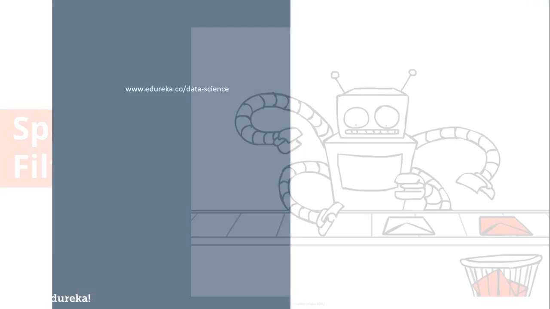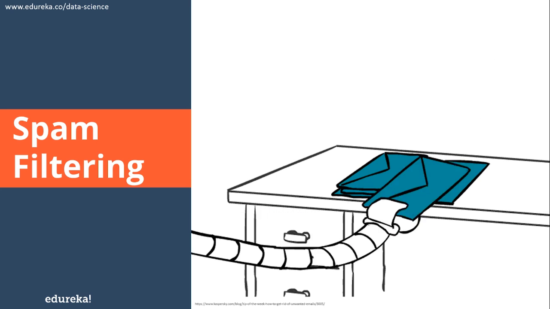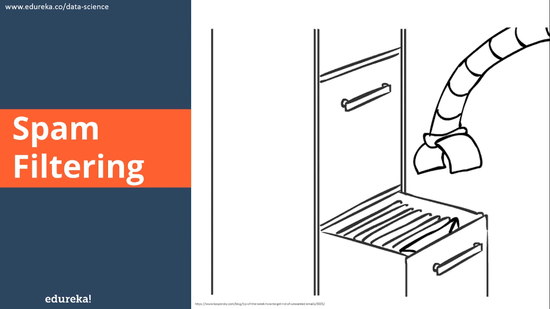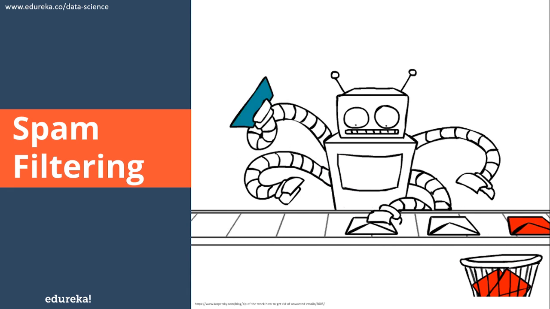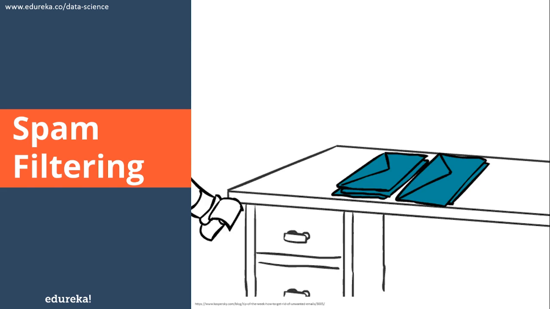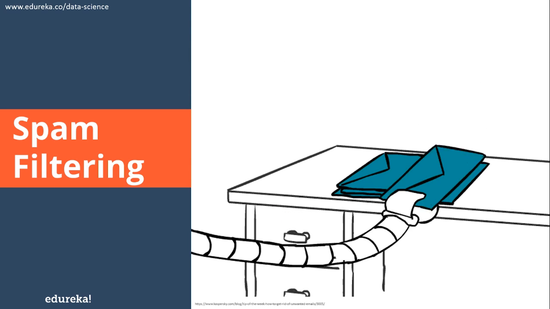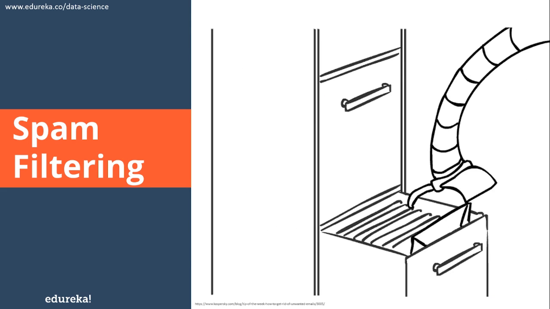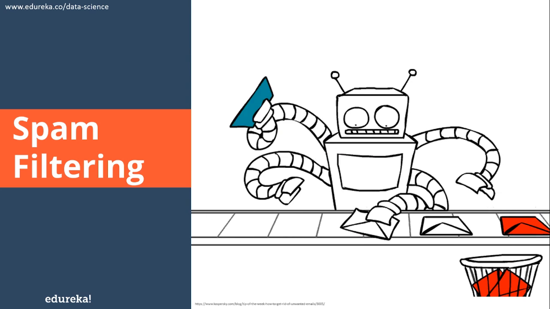Another such example is the Google spam filter. Gmail basically makes use of machine learning to filter out spam messages. If any of you just open your Gmail inbox, you'll see that there are separate sections. There's one for primary, there's social, there's spam, and there's your general mail. Basically, Gmail makes use of machine learning algorithms and natural language processing to analyze emails in real time and then classify them as either spam or non-spam.